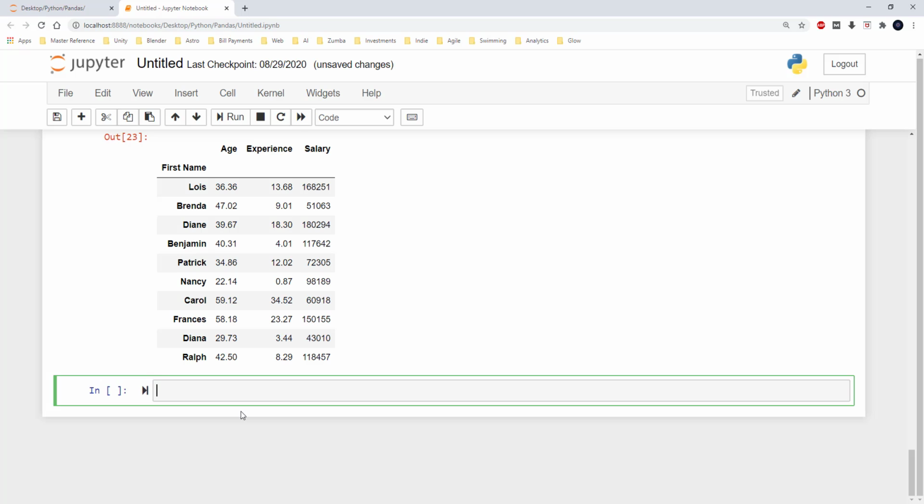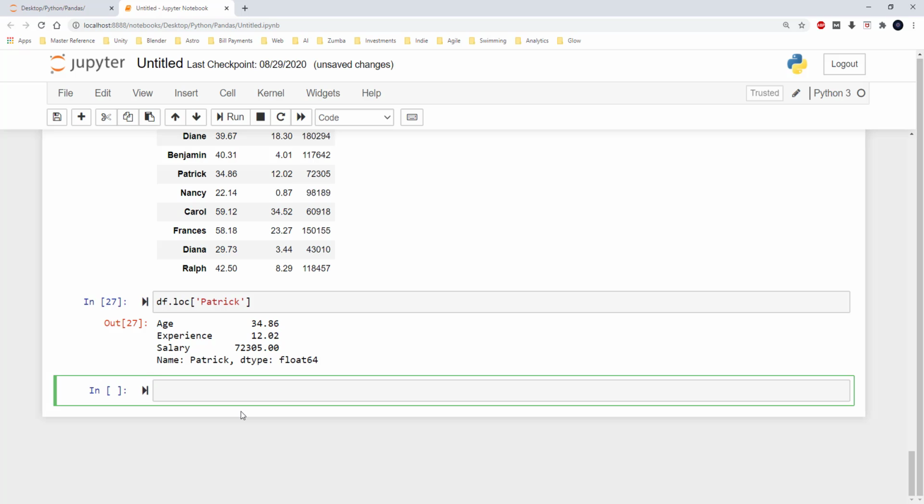I can do that with df.loc, and here I just wanted to get the values corresponding to the index Patrick, and if I run this, I am able to get the age as 34.86, experience as 12.02, and salary 72,305, which is corresponding to Patrick.